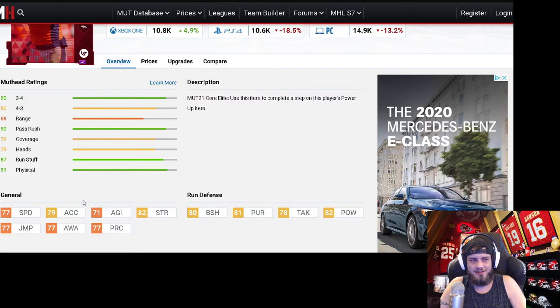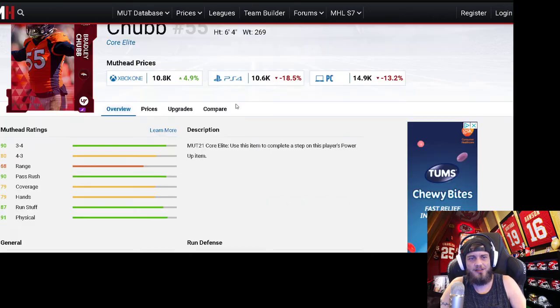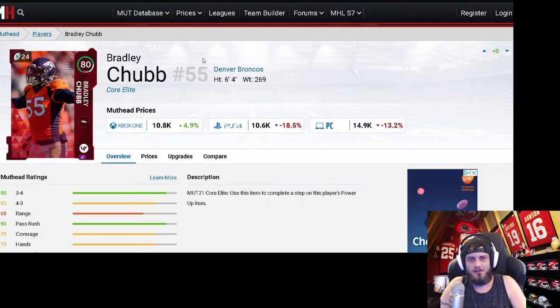He is not good against the pass, however, but he is good for run defense and for the pass rush. He had a Team of the Week card last year that early on in the season was actually really comparable to Von Miller and Khalil Mack, just the way it played. So when he does receive an upgrade, he should be one of the better players in all of MUT,